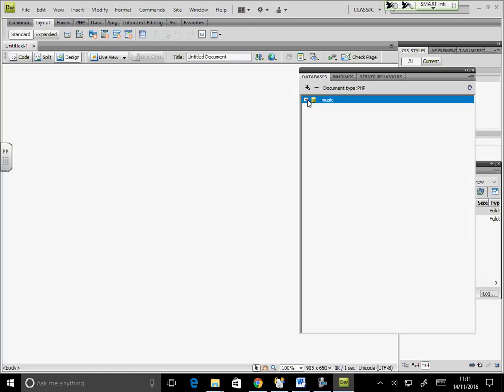Do we need to create another for every time that we use a definition? No, you do not set connection again and again. Connection is only made once. But yes, if you do a new site, then you will have to, because that is a connection for that website. If you do site definition again and you create a folder again, you will have to do connection again.